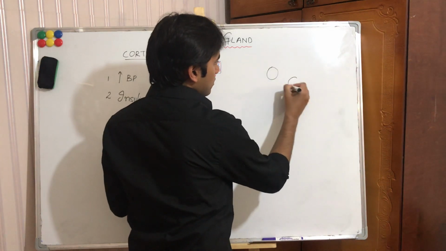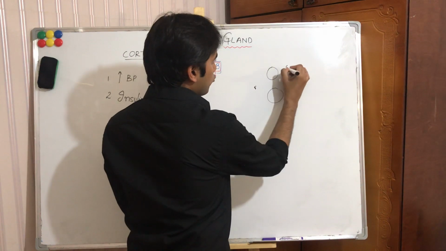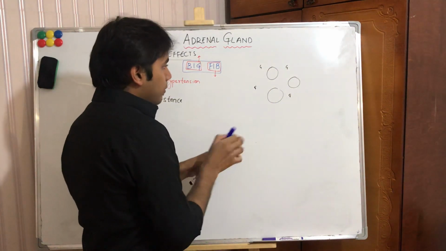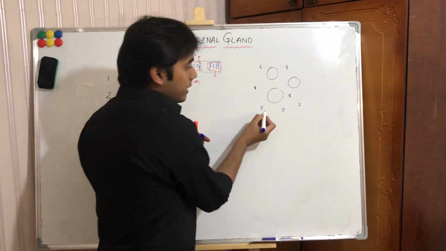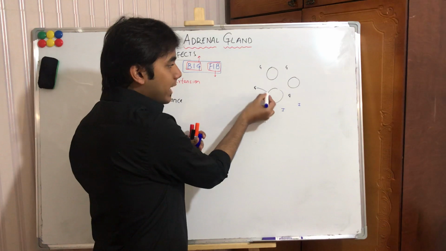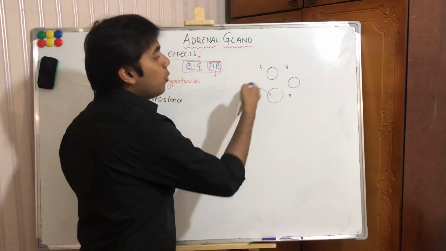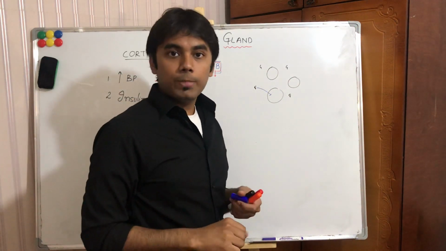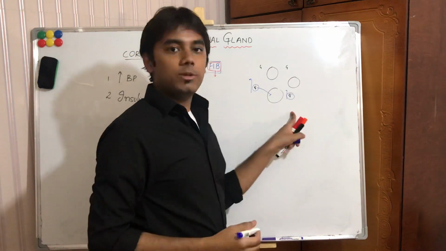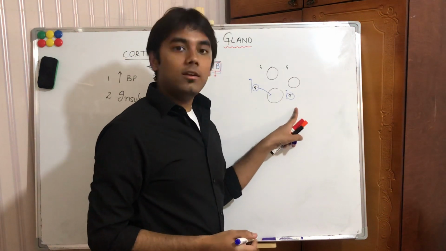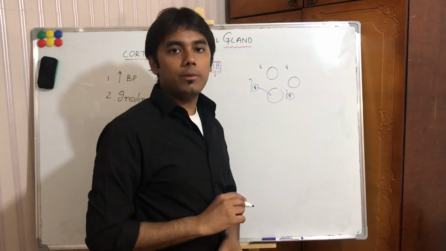These are your cells, right? And here are your glucose molecules. And this blue thing which I am drawing is the insulin. Now insulin will order glucose to enter into the cell. This is the normal scenario. But if there is no insulin, who will order glucose to enter into the cell? No one. As a result, the glucose levels will be raised in the blood. This is hyperglycemia, right? So this condition where there is no secretion of insulin due to damage of the pancreas is called type 1 diabetes.